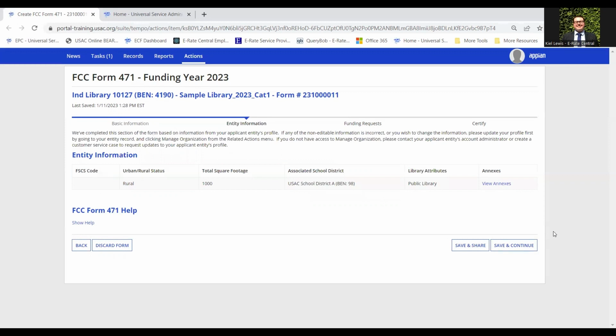Click on Save and Continue. On this page, you'll have entity information, and this is going to allow you to review the information about your library's primary entity. If your library is an independent library, then you should only have the one line item here